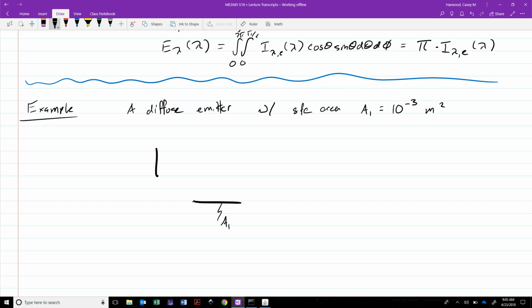Here's A1, and there's also another surface, A2, that has the same 10 to the negative third meters squared, the same surface area, but is located